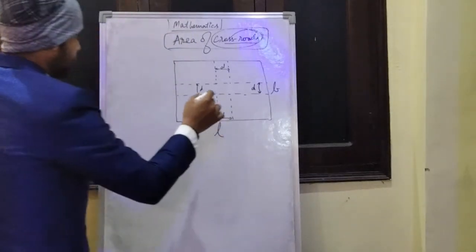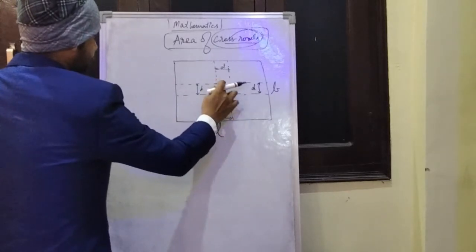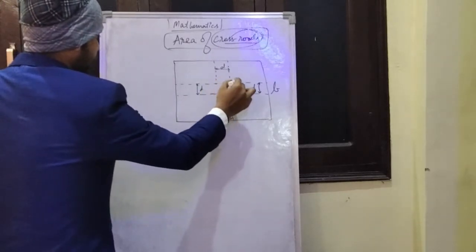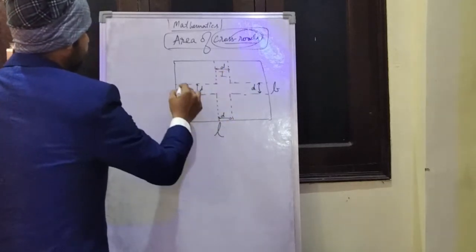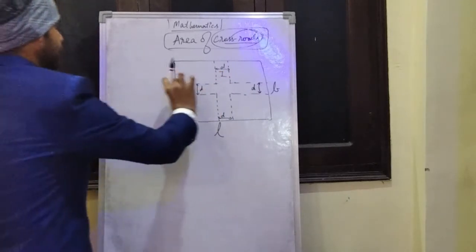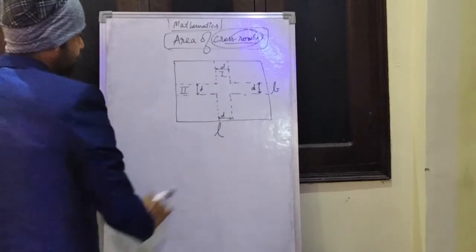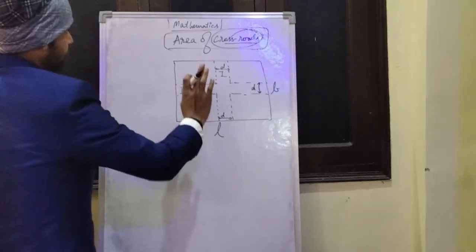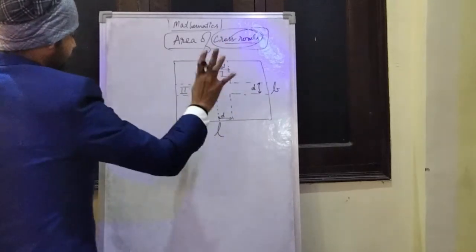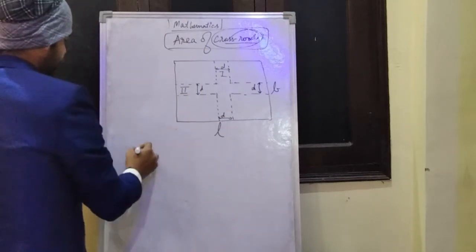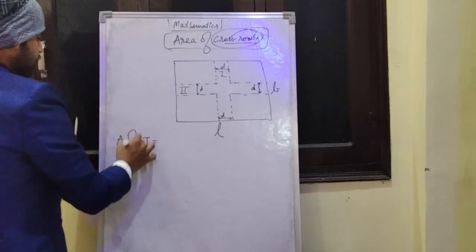So now let us observe. If I take this vertical road as rectangle 1, and this horizontal road as rectangle 2. This is rectangle 2, this is rectangle 1. I just need to find out the area of these roads, because you have to find out the area of the crossroad, meaning these two roads crossing each other at 90 degrees. That's it, crossroad. So let's find the area of rectangle 1.